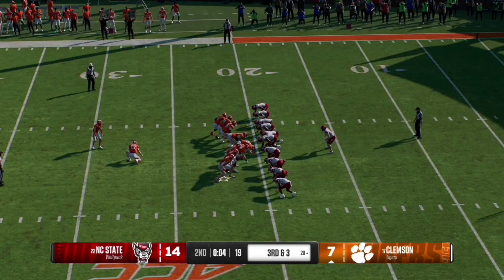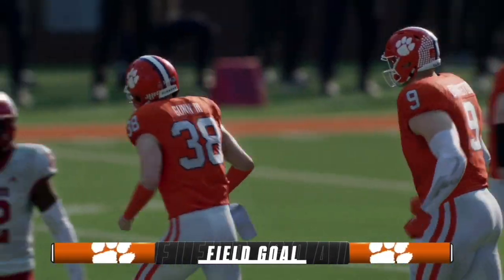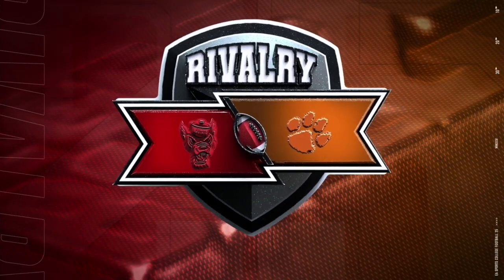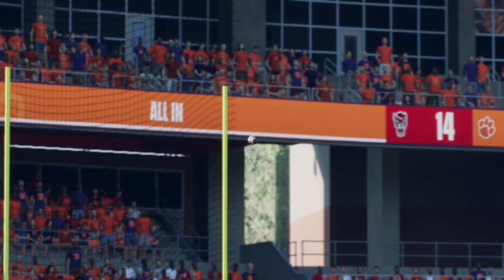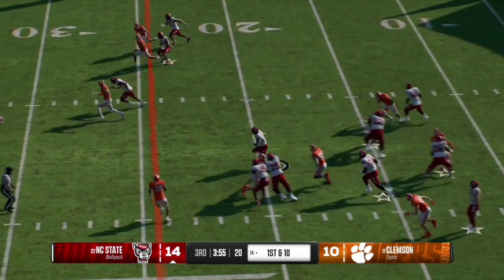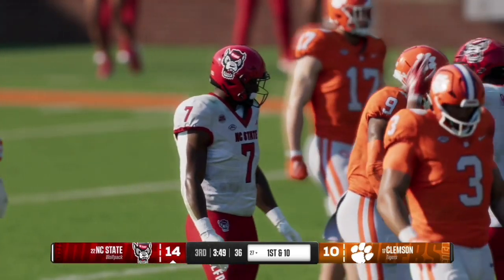And with 4 seconds left here in the half, Clemson will send out their special teams unit and get the 3 points. The kick is up and right through, and the score is now 14-10 heading into halftime, with NC State leading. NC State get the ball to start off the second half, and here on 1st and 10, they are going to hand the ball off to their running back, who takes it up the middle and gets another